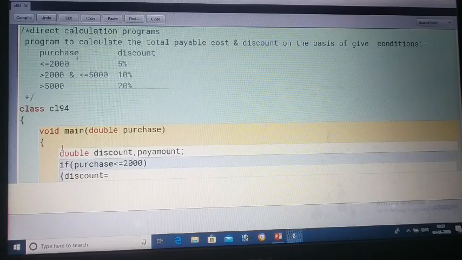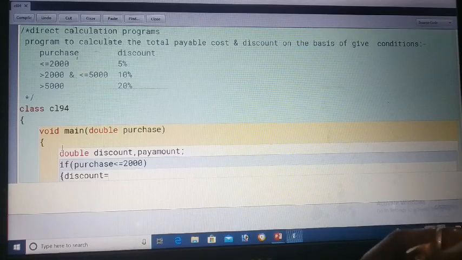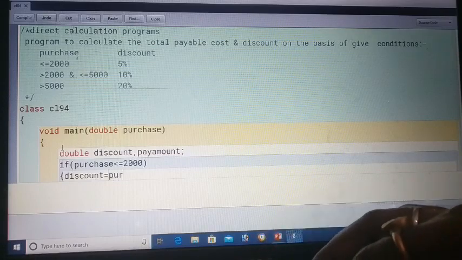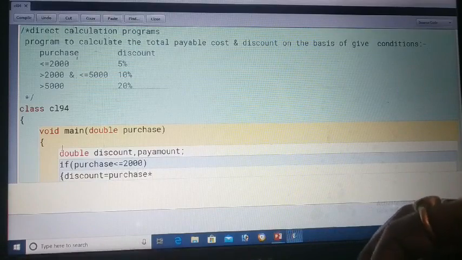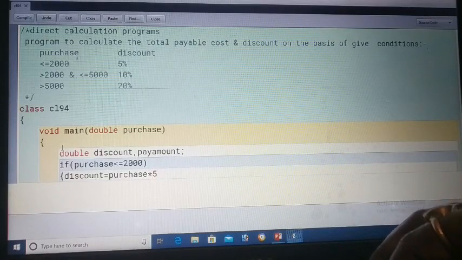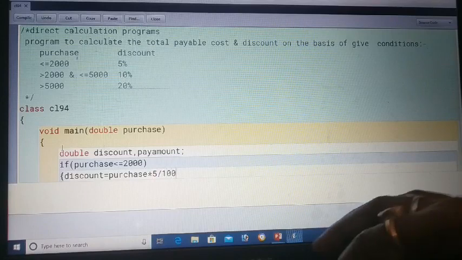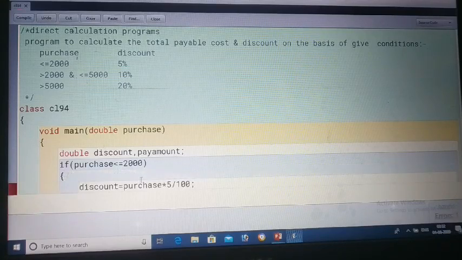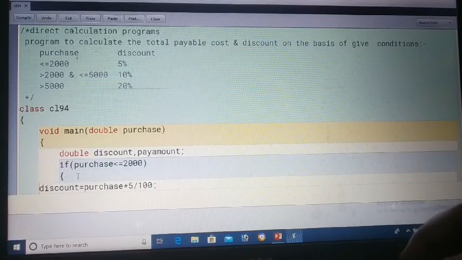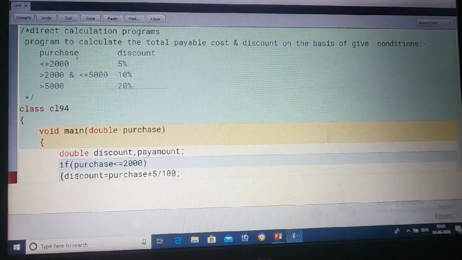So how will we do it? See, we will call purchase multiplied by how much percent? 5 by 100. See what you have done. You have said if the purchase amount is less than or equal to 2000.